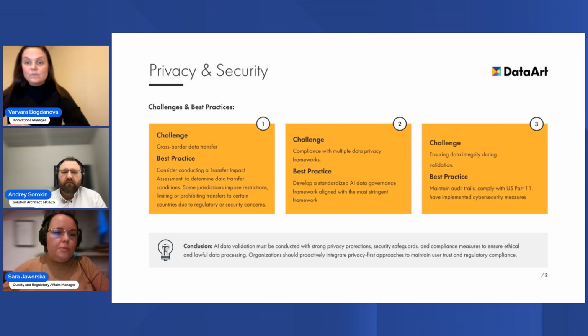Another challenge is cross-border data transfer. It adds another layer of complexity, as Andre mentioned. Regulations often limit how personal data can be shared between countries. And one of the things that we can do is to perform an assessment to consider where data could be transferred and if any additional controls should be implemented. For example, additional regulatory permissions or additional security controls in the target place of the storage of the data.